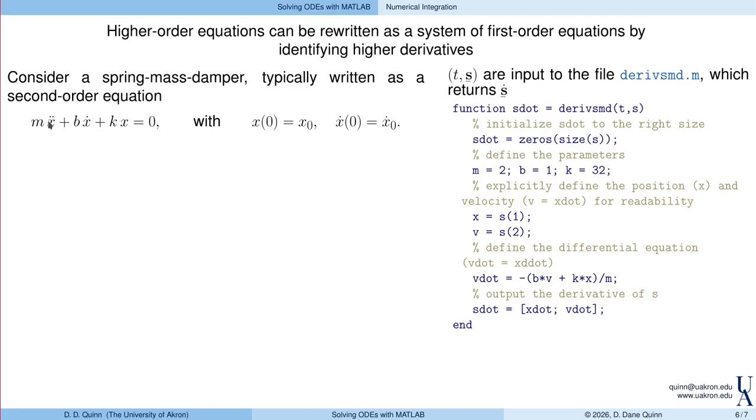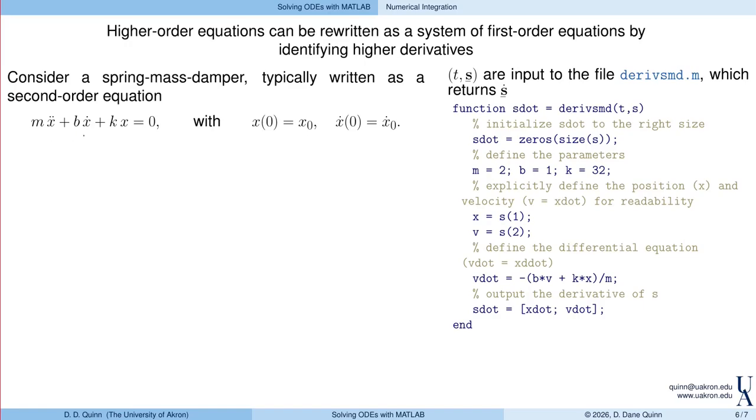Here, let's assume we have zero forcing. The equation of motion was m x double dot, right, plus b x dot plus k x equals 0. And then, of course, we have some initial conditions given as well. So how do we identify these higher derivatives? Well, basically, we identify every derivative of x as a new variable all the way up until the second highest,